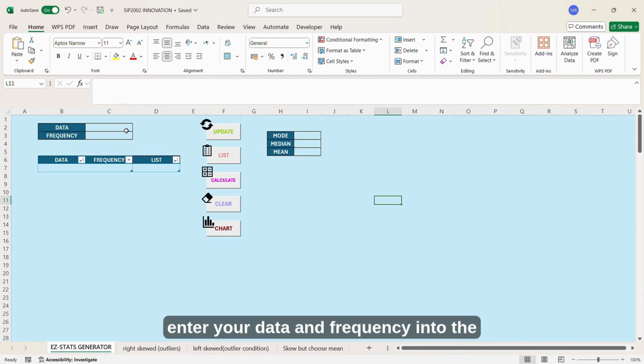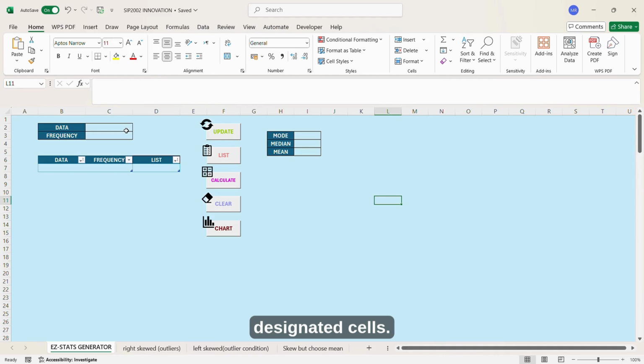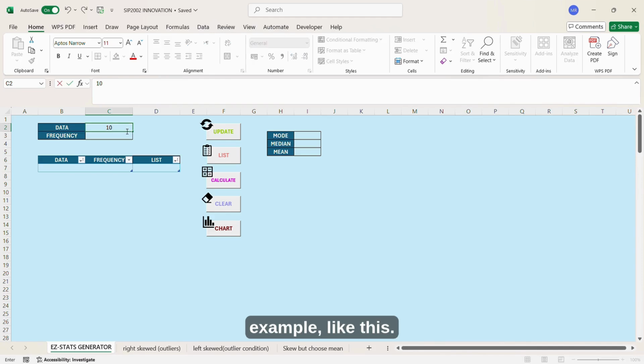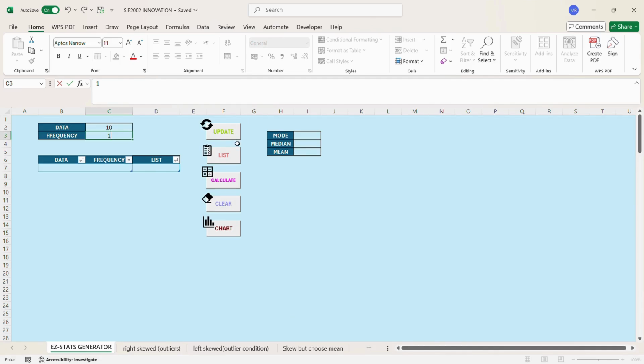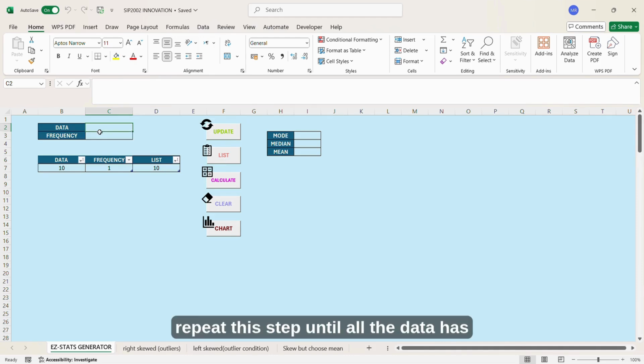First, enter your data and frequency into the designated cells. For example, like this. And then, next, click the update button and then the list button. Okay, repeat this step until all the data has been completely entered, such as